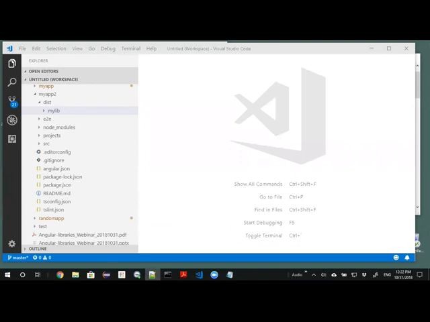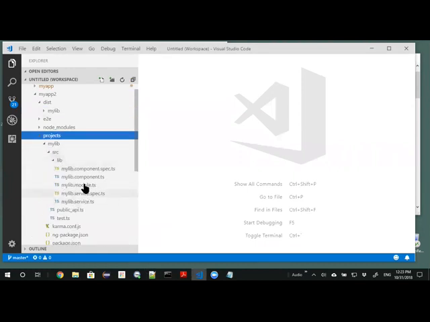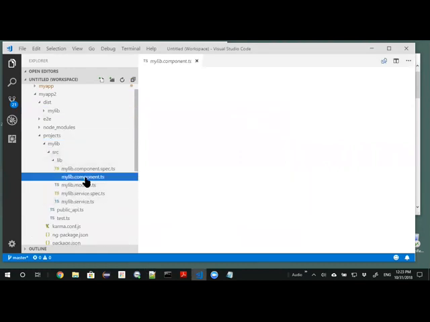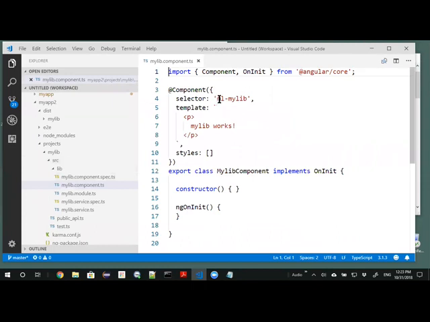So what we want to do is add this component so that we can use it. Let's take a look at the component itself. We can look at that under projects, mylib, and take a look at the mylib component. And we'll notice that it has this selector ml-mylib. Okay. We can add that